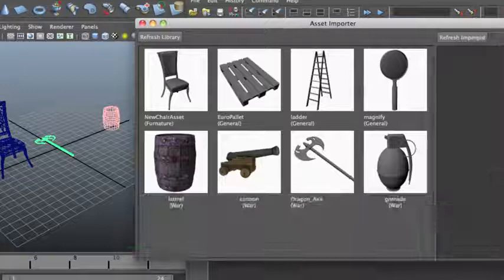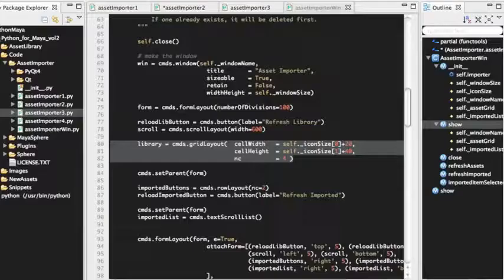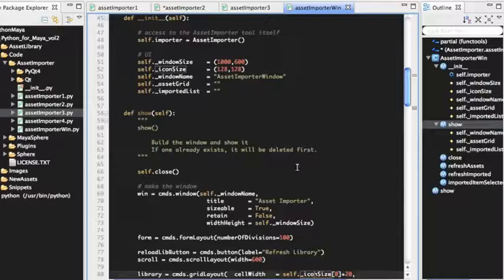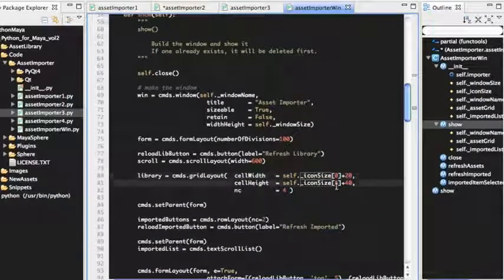So the way we want this layered is we want this area to be a scroll layout with a grid layout inside of it. So let's bring back up our code. And we've got that. We've got the scroll layout. We put a grid layout inside, and then we say we want the cell width and height to be equal to our default icon size, which we set right here. We want 128 size icons, and we're just going to pad them a little bit. So we take the size of the icon and just add a little padding,